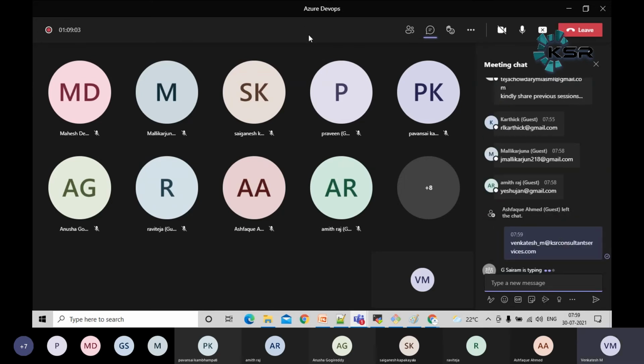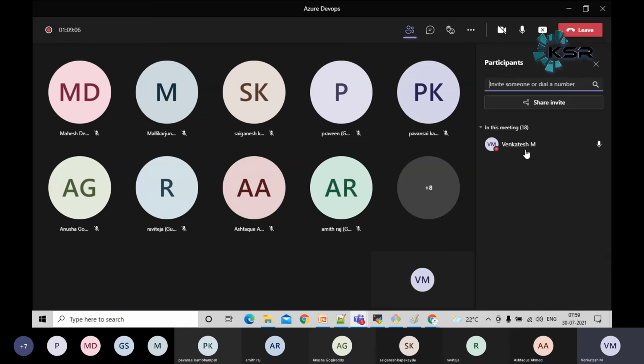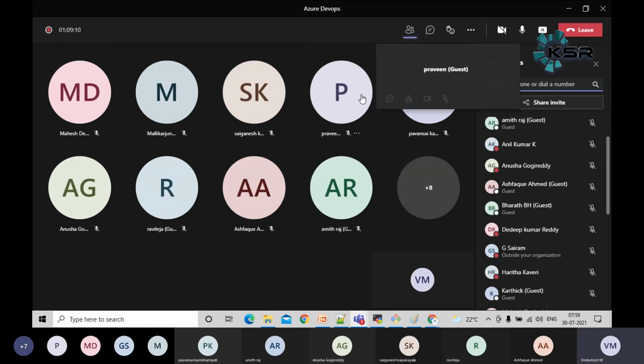Any further questions, any doubts, guys? Let me have a quick round table. Amit, Anil, Anusha, Ahmad, Bharat, Dedeep, Sai, Harita, Karthik. If you have any doubts, please put your expectations also, guys. If you want me to repeat something, I'm happy to do it. As I mentioned, you should be confident enough to crack the interview on your own. We can provide any further support required, guys.